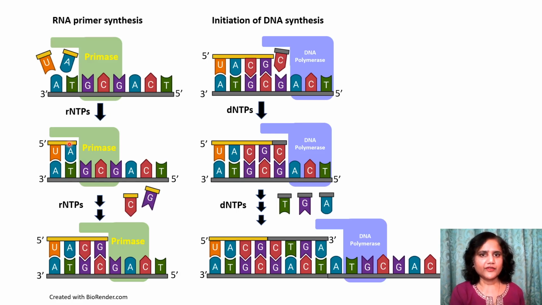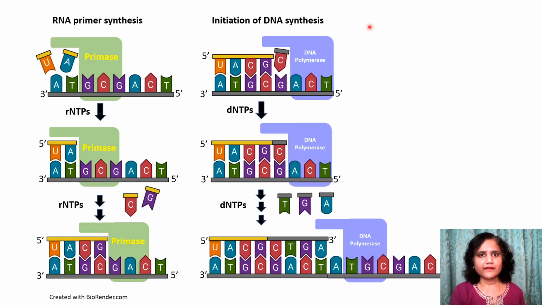Okay. So after starting this chain, it can synthesize a short chain also in the 5' to 3' direction, and then it stops, and then it makes the 3' end available to the DNA polymerase for further extension, which is shown in the second panel. So the DNA polymerase can add the new nucleotides to the 3' hydroxyl and then start the DNA synthesis.